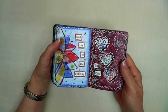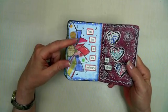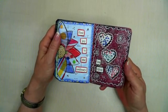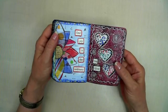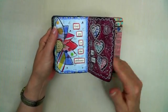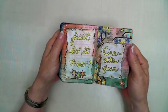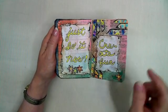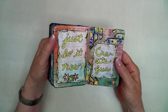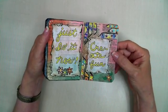The next one is called Color Tissue Paper Design, and we cut up tissue paper and made a design, and it's titled Find Joy in the Ordinary. The one on the right is called Doodles, and this is where we did some doodling here. The one on the left is called Outline Lettering, where she was showing us how to do this type of lettering. And the one on the right is called Handmade Painted Tape, and I pretty much used the book page